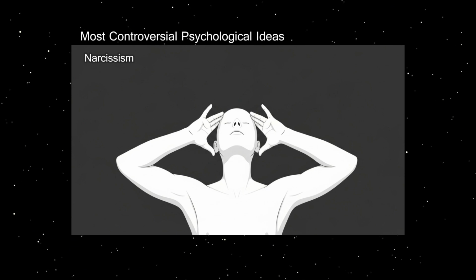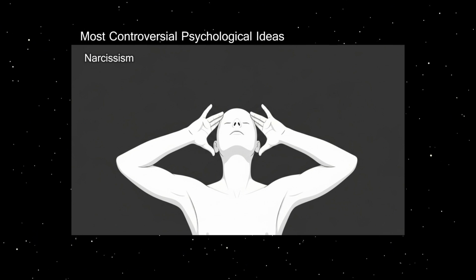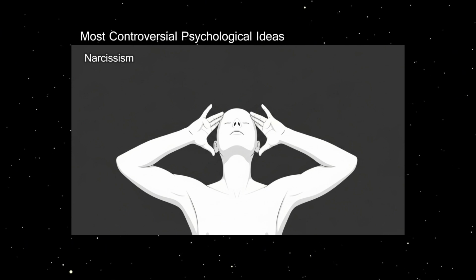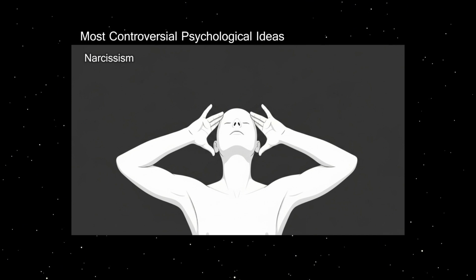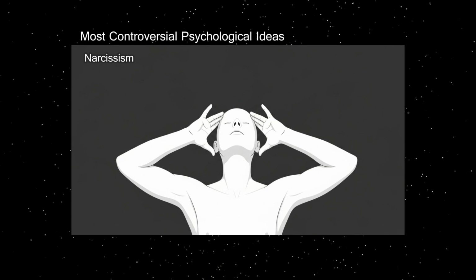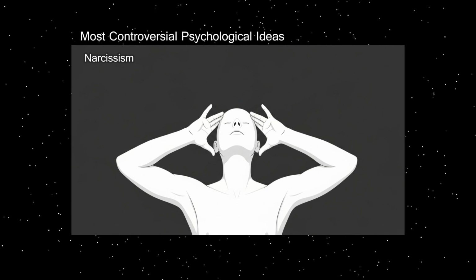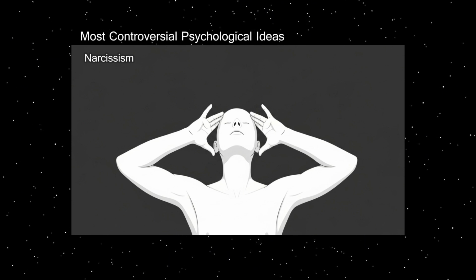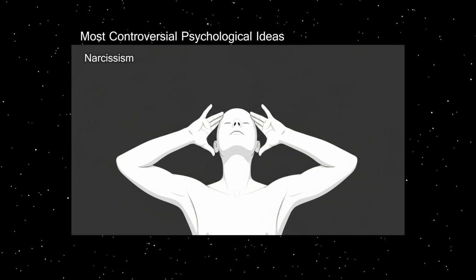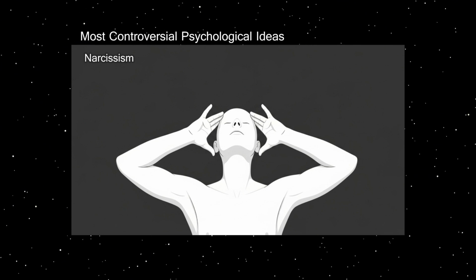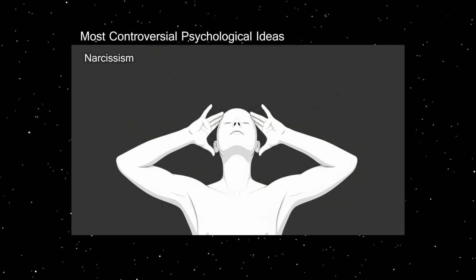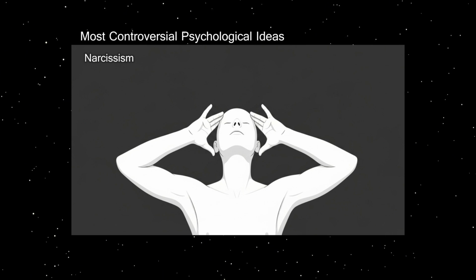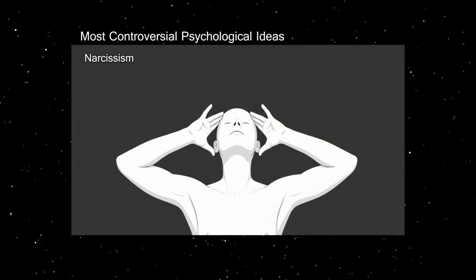Participation trophies, constant praise, and overprotective parenting may unintentionally cultivate entitlement and fragility. In adulthood, this may manifest as an excessive need for admiration, difficulty handling criticism, or a lack of empathy, hallmark traits of narcissistic personality tendencies. Moreover, digital culture amplifies these tendencies. Social media platforms reward curated self-presentation and public validation, creating a psychological feedback loop that reinforces self-absorption and external validation as measures of worth. However,